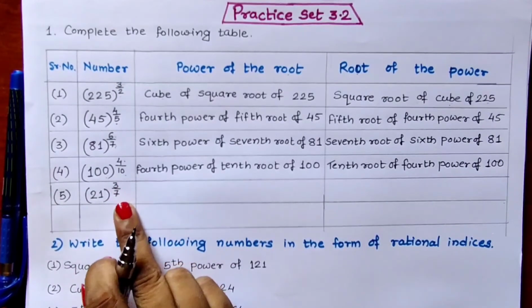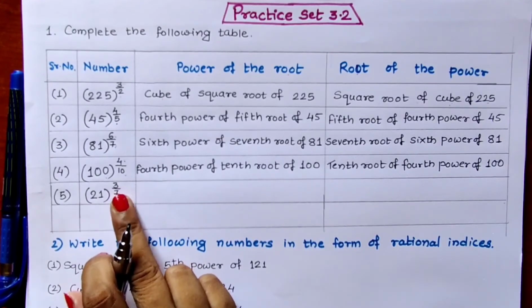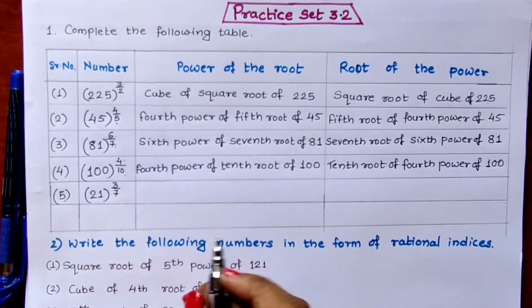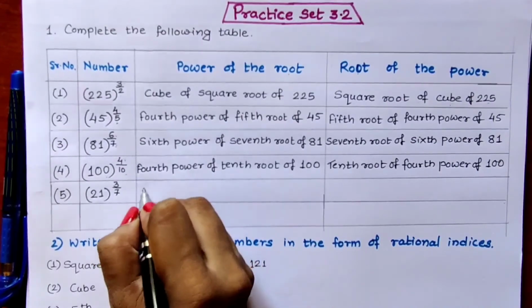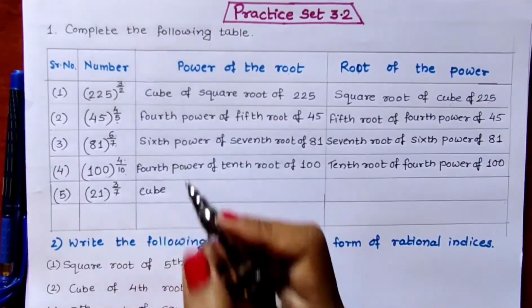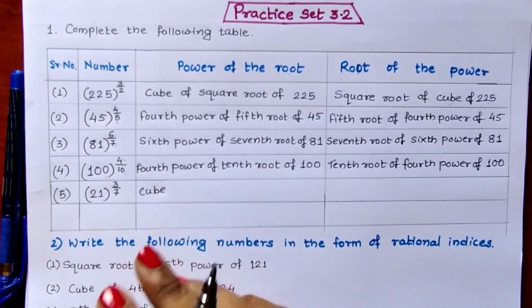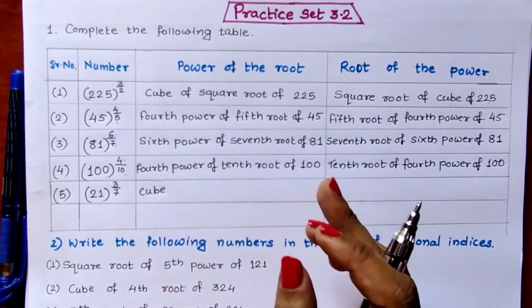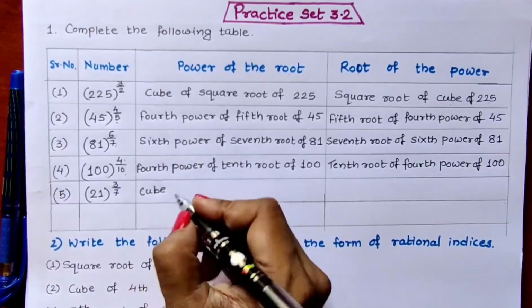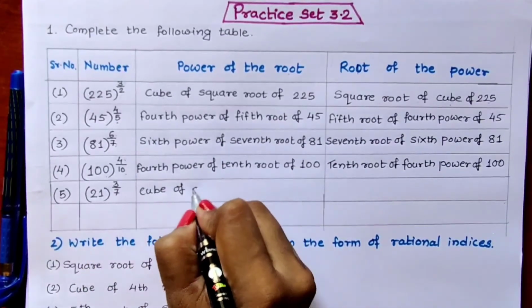21 raised to 3 upon 7, where 3 is the power and 7 is the root. And when 3 and 2 are there, 3 we write as cube and 2 we write as square. So 3 is there, that means we have to write cube. We don't write third power, we write cube. In the case of 2 and 3 only we write 3 as cube and 2 as square. We don't write third power, we don't write second power. Instead of that we write cube of, now the root is 7, so we write 7th root of